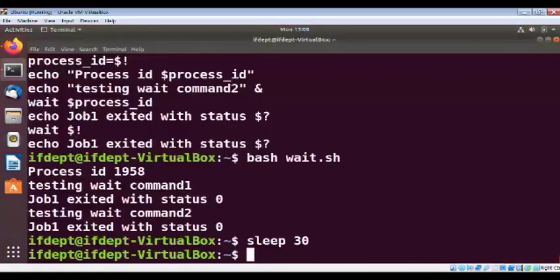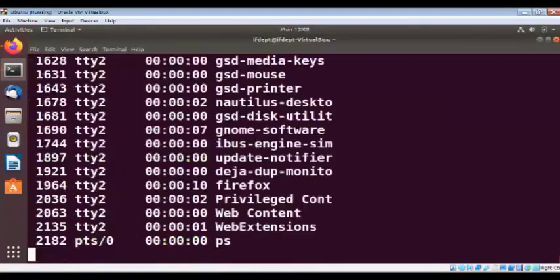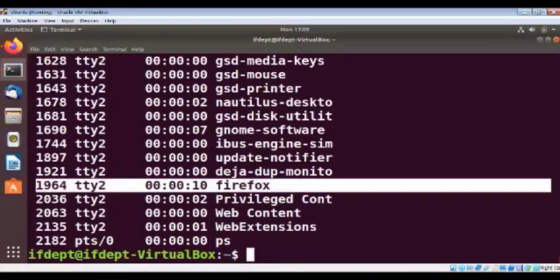Now suppose I want to kill this Firefox. So I first have to find out the process ID of this Firefox. So I will just use ps -A. If you remember, it shows all the processes. So see here, the process ID of Firefox is 1964, right?